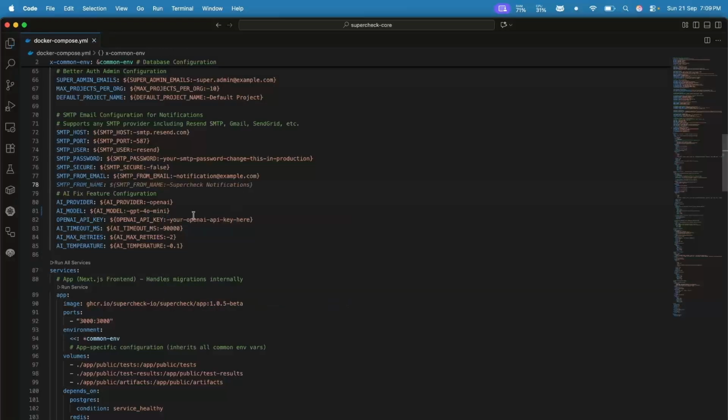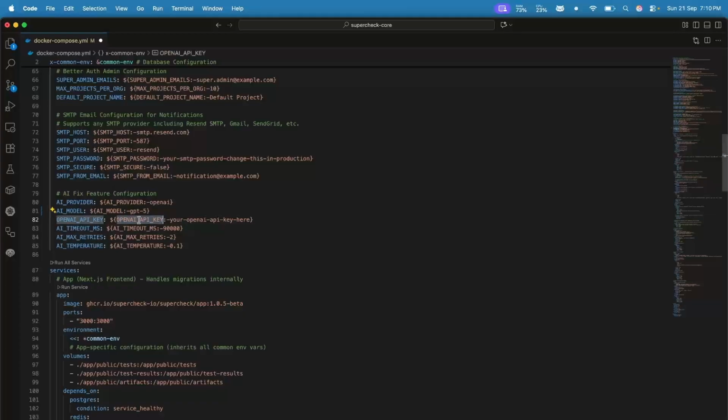For now we are using GPT-4o mini, but you can change it. If you want GPT-5, you can use this model. So the failure which we saw, if we would have used GPT-5, that would have resolved it because this is a more intelligent model. So you can change that, and you can get your OpenAI API key and provide it here. Also you will see that there are a few more